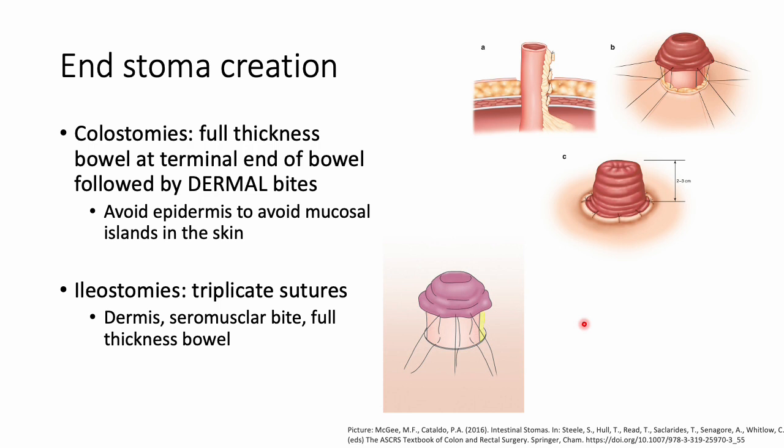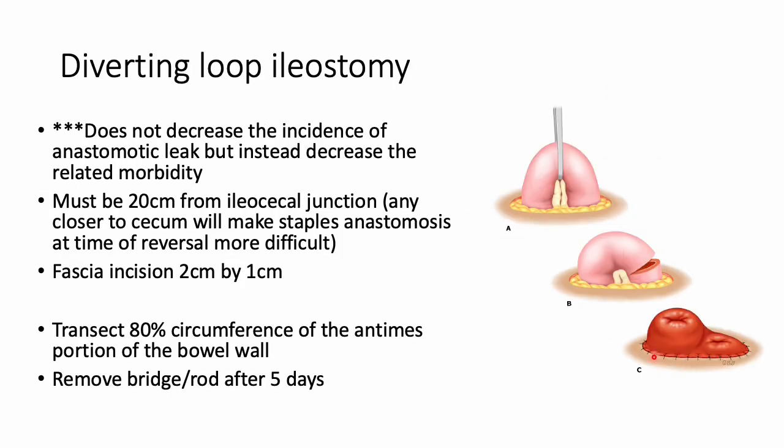We'll actually see on the next page a loop ileostomy photo, but you'll do sutures in triplicate. So you're going to get a full thickness bowel bite, and then you'll get a seromuscular bite of the bowel down lower like they do here, and then dermis. And that helps you evert the bowel, like this nice rosebud pattern here. As we mentioned earlier, diverting loop ileostomies, making a diverting loop doesn't decrease the incidence of an anastomotic leak,